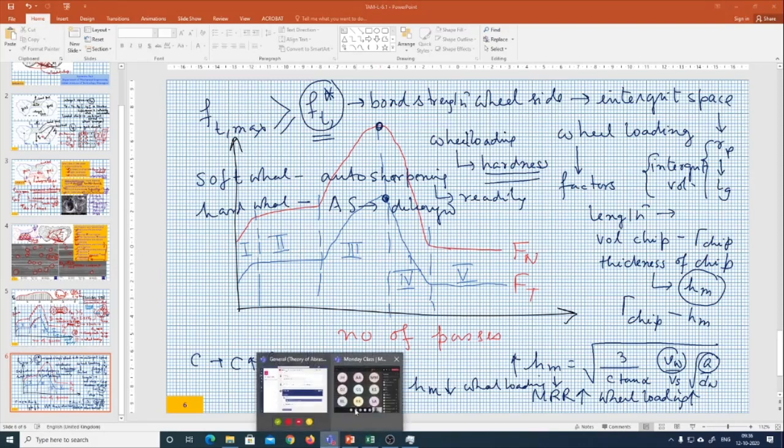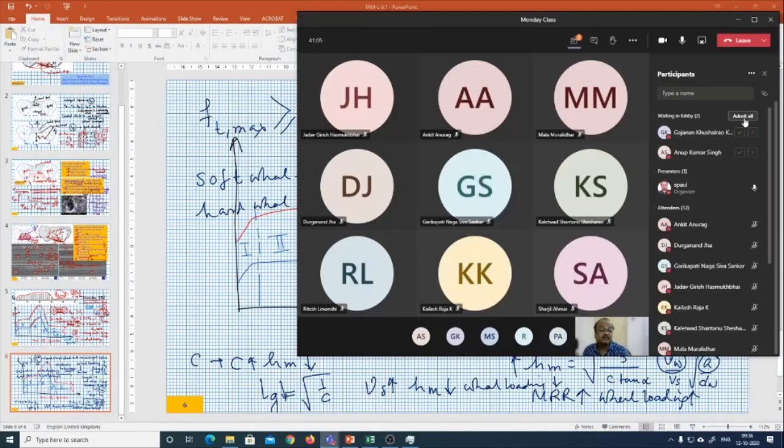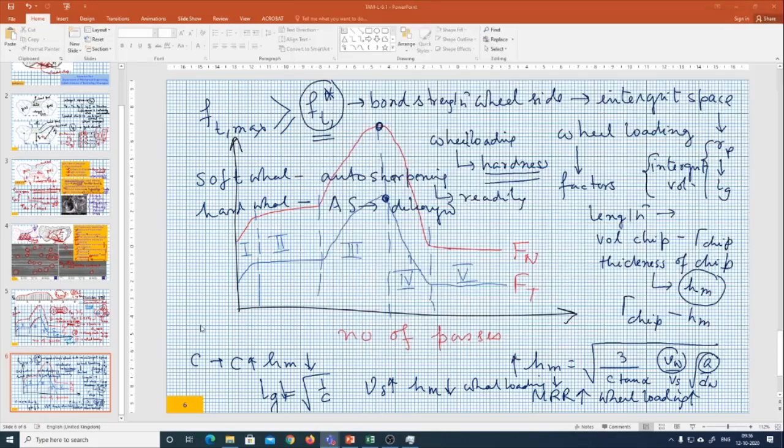How do you avoid that? We will come to that, but not today. Today we will close it here. So this was the introduction to wheel loading. Tomorrow we will analyze wheel loading, and after that analysis will tell you for a given wheel and for a given set of material removal rate, if you have 4 such cases, which one is more prone to wheel loading and which one is less prone to wheel loading.